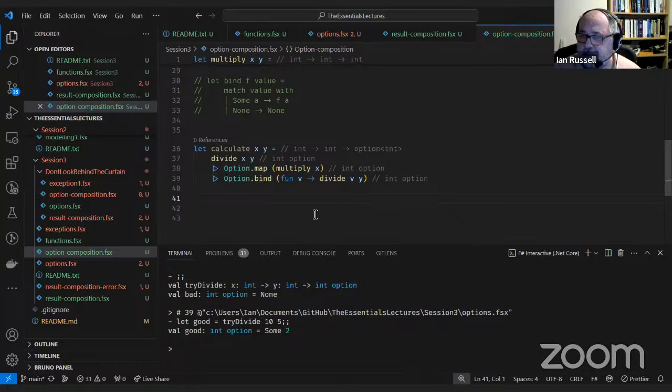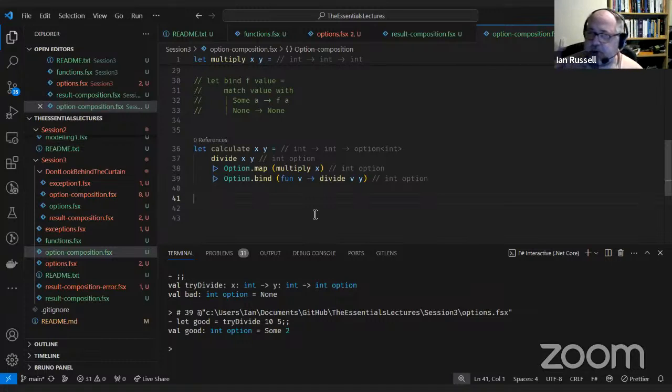So as you start to compose functions with effects where the signatures don't match, the important thing here is that when you write your functions, you don't have to write them so that they fit in and build a nice pipeline without having to do all of this.